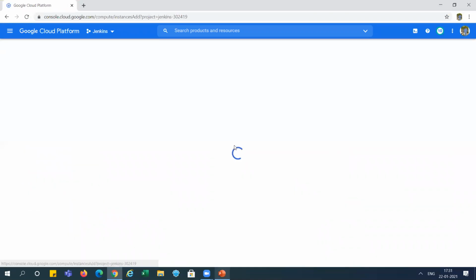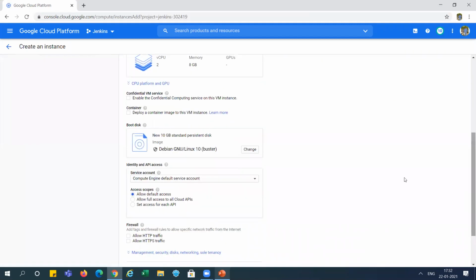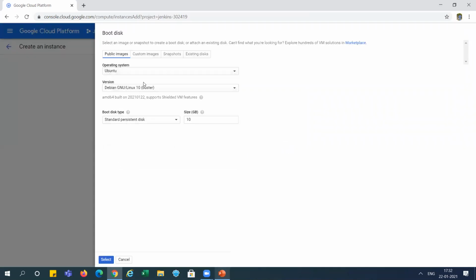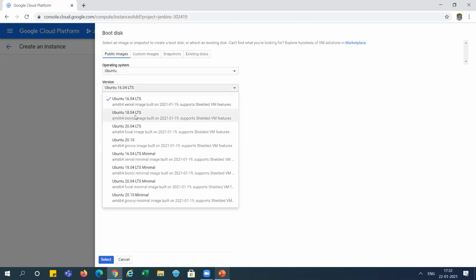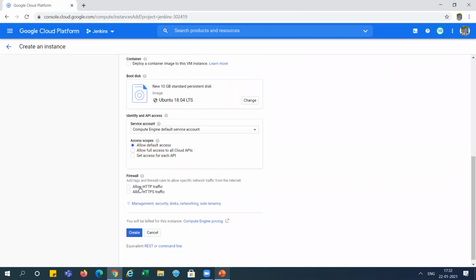So I am creating the instance over here. I am taking an N2 system, and we are doing the demo on Ubuntu. I am allowing traffic and creating the VM.